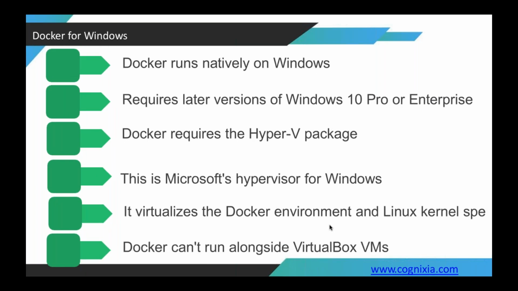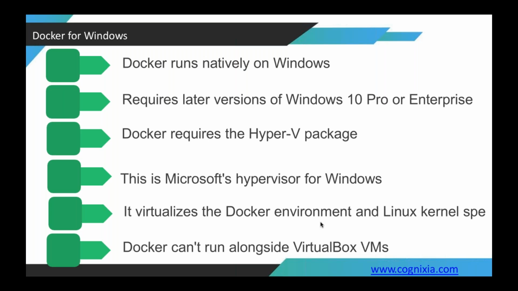Then you can install the Docker on the Windows as well. Docker requires hyper virtualization to be enabled over the Windows environment. Also, one of the important things is that if you are trying to run VirtualBox and Docker directly on the Windows operating system, then you can't run both technologies together, because both are virtualization technologies, and there would be issues that you will face if you try to use both of them